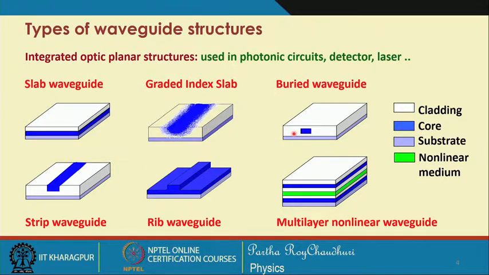Then there could be waveguides which are called buried waveguides, where the guiding region is embedded inside and there is a substrate, there is a film. So, these are the colors used to represent the different layers of this strip waveguide. Then you have the rib waveguide, an elevated structure which has two symmetrical waveguide structures on either side, and then you have a very useful and very interesting optical waveguide, multilayer nonlinear structures,